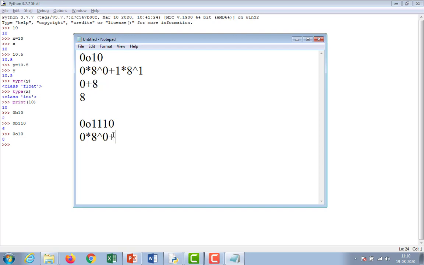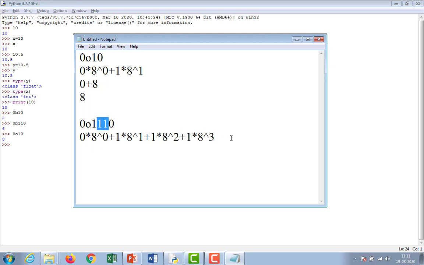After that plus 1 into 8 power 1, plus second one 1 into 8 power 2, and next third one plus 1 into 8 power 3. So 3 ones are completed.